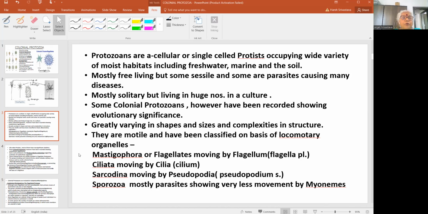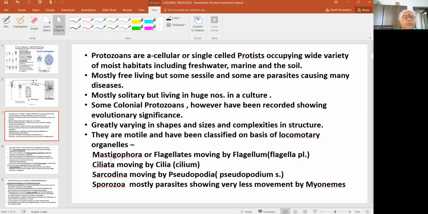And these colonial forms specifically, though the protists don't have very significant cladistics in the evolutionary tree, these colonial protozoans have significant cladistics in the evolutionary or the phylogenetic relationship. The protozoans